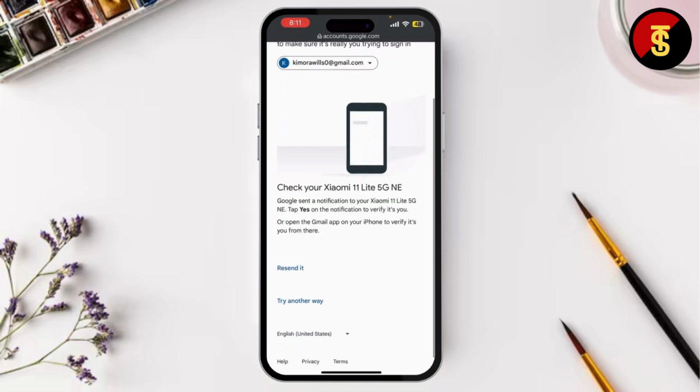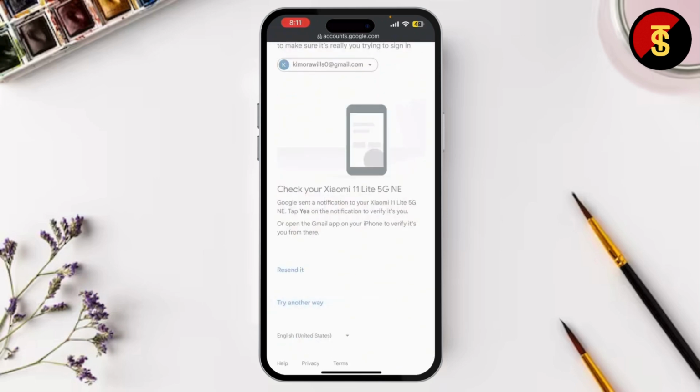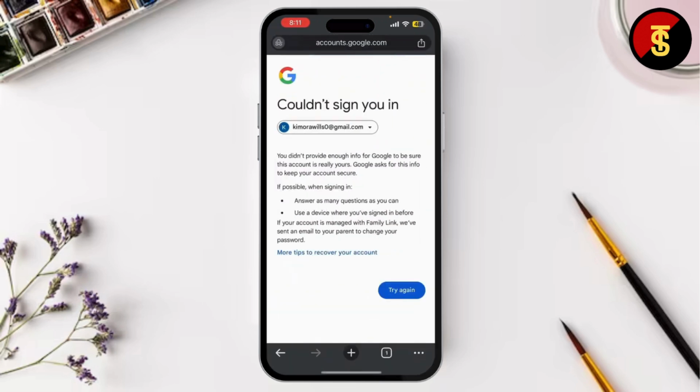You can do that, or if you cannot do that, you can simply choose try another way. Just do anything that will help you to recover your account. Once you've done that, simply set up your new password, and now that your password's reset, you can go ahead